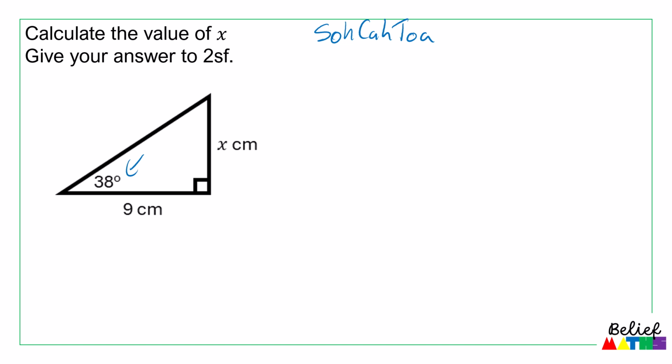So let's label our triangle. Across from our right angle is our hypotenuse. Across from our given angle is our opposite, and then our other side is our adjacent. So we're trying to find the opposite and use the adjacent. The hypotenuse is no use to us because it's not what we're trying to find, nor is it the value that we know. So therefore, because we're using the opposite and the adjacent, or O and A, we're going to use TOA. So if we sub that in, tan of 38 degrees is equal to the opposite x over the